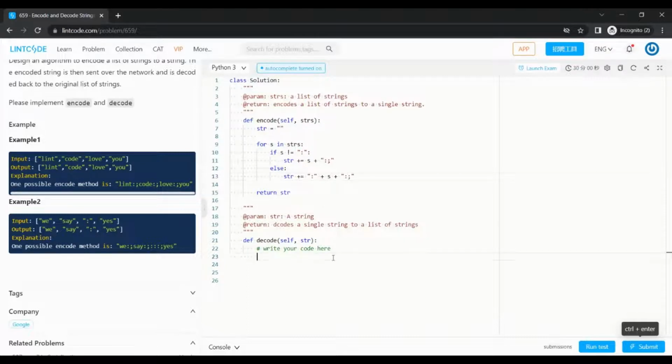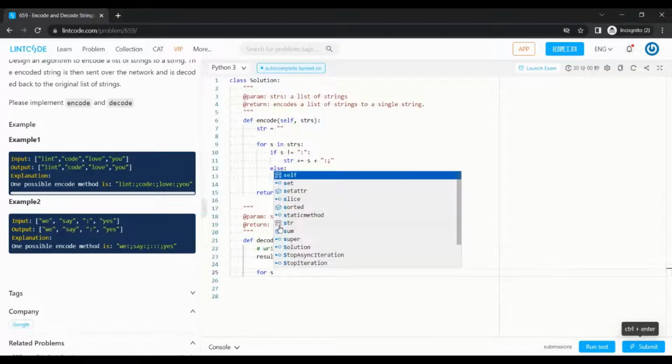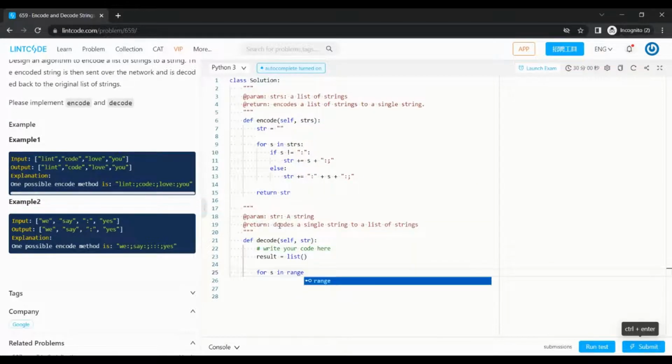our separator. Next, moving on to decoding, we are essentially given a single string and we have to decode it and return an array of strings. So in order to do that, let's define a result array and let's begin. So we go through each and every character in our string and